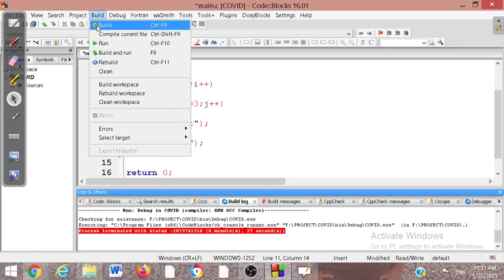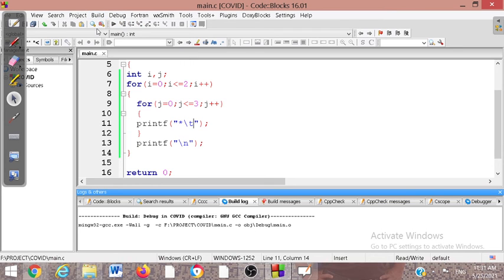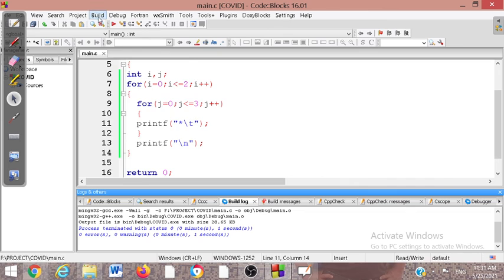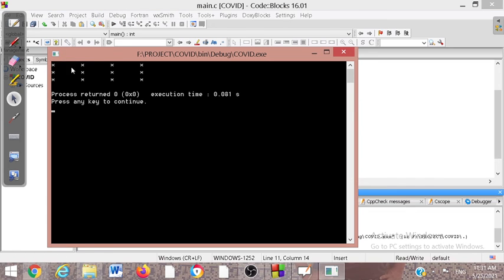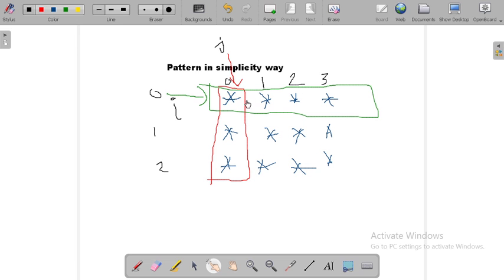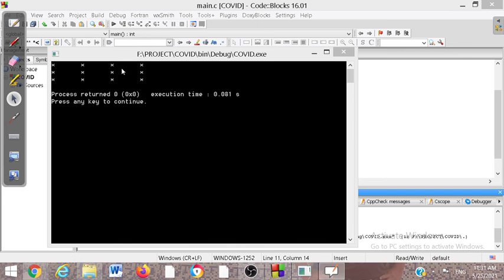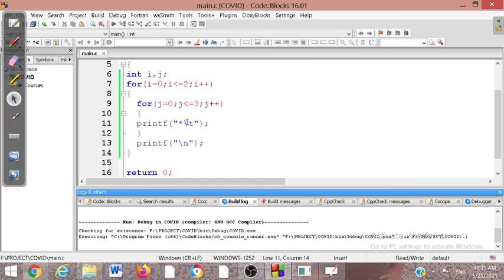So what will happen, see, I compile it and run this code. You can see a space is coming here. Like this way, space is here. You can use backslash t. If you want a space, you can use that, backslash t, the tab. I hope everybody is getting it, and thank you for watching this section.